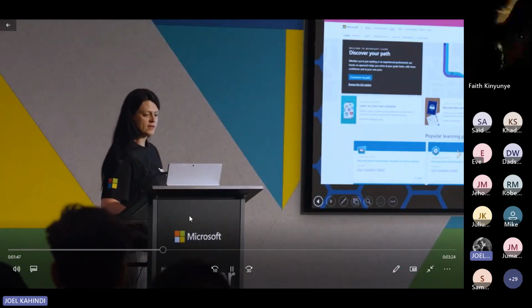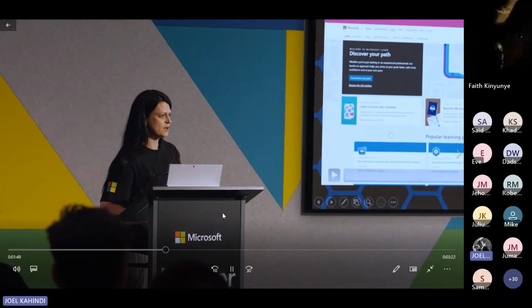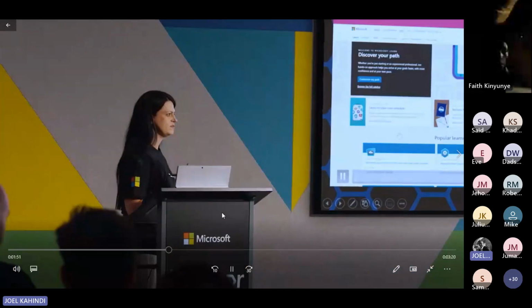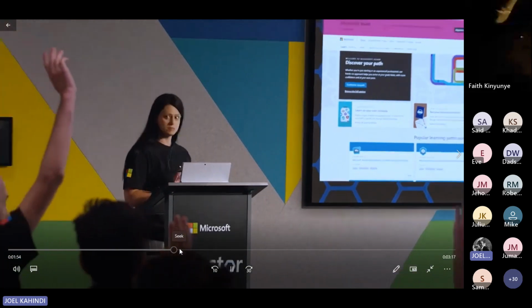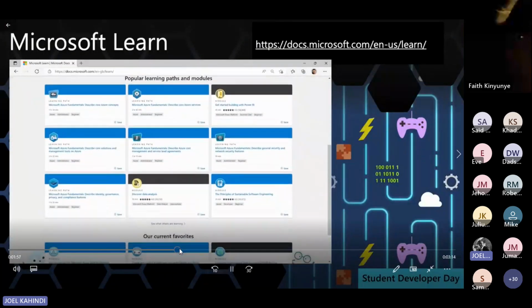Okay, so you may or may not have come across the Microsoft Learn platform. Can you just put your hand up if you've used it or seen it? Just get an idea? Not bad, not bad. Okay, so